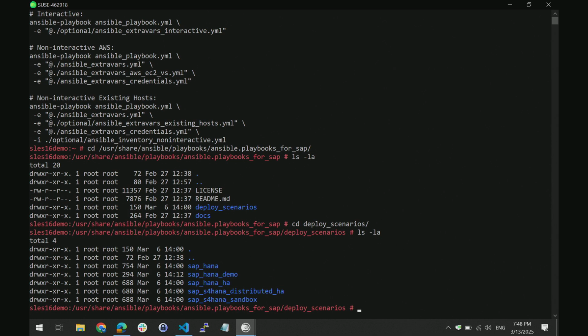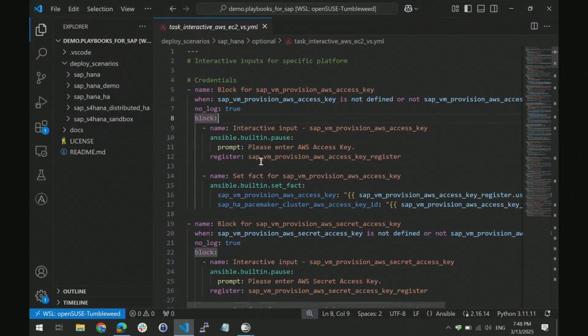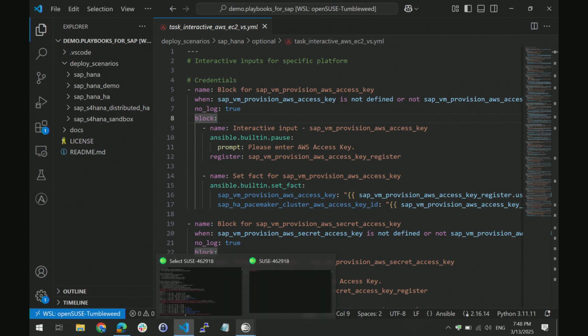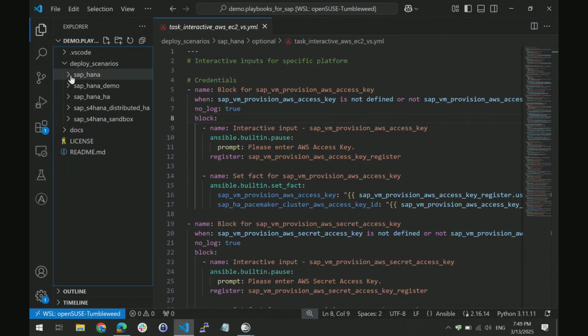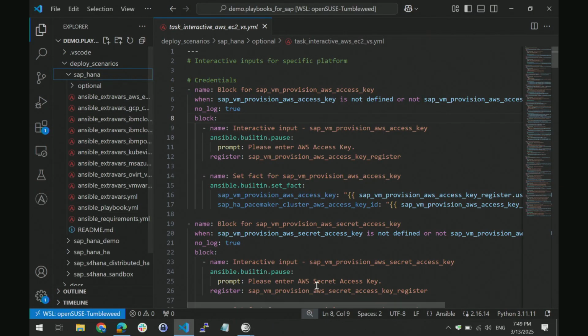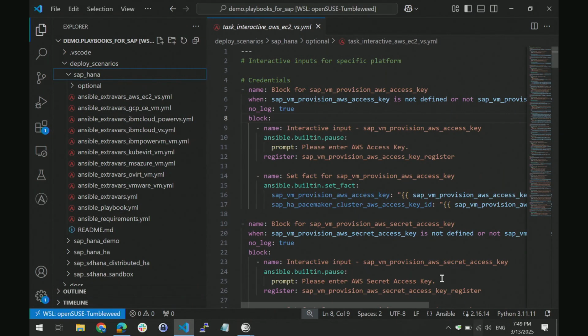When you look at those, of course, it's good to see them from a file perspective. So this is the VS Code, and it seems like it's visible, which is great. So this is the same content. I'm just showing it from my local host, so I don't have to rely on the network in this case. So as you can see, this is the breakdown. It looks a little bit different if you have seen the playbooks before, because I broke down all the variables, everything. So it's easily reusable based on what you need.